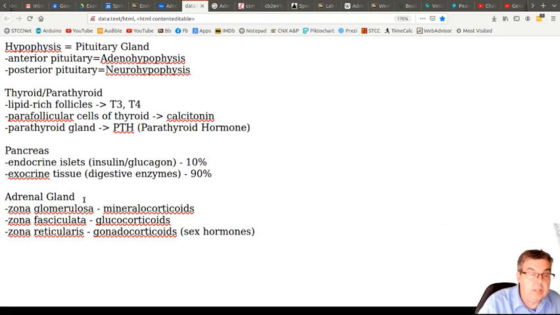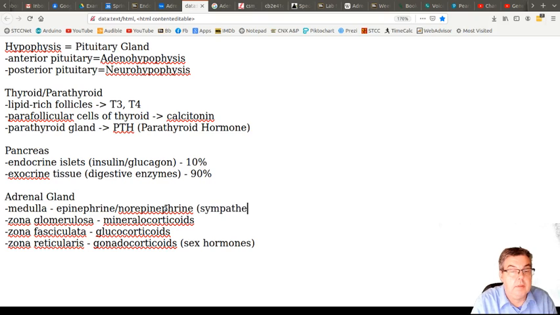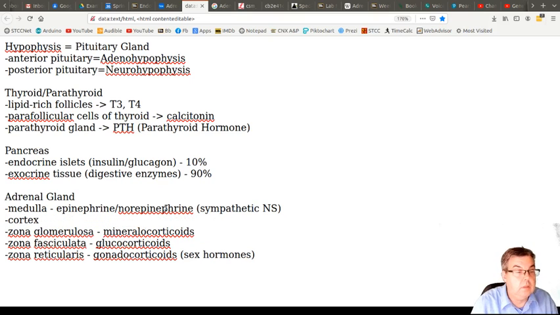And then in the adrenal gland, the medulla is making epinephrine, norepinephrine, or sympathetic nervous system. And then in the cortex,